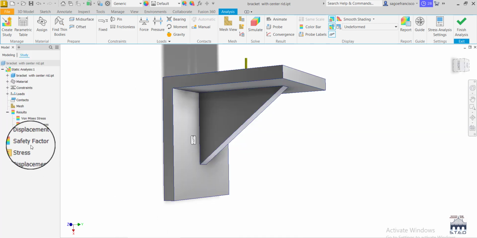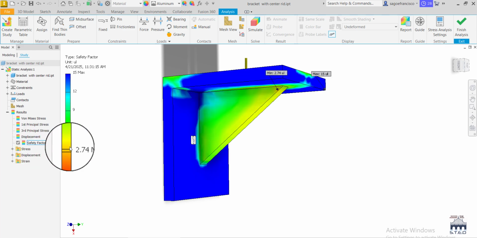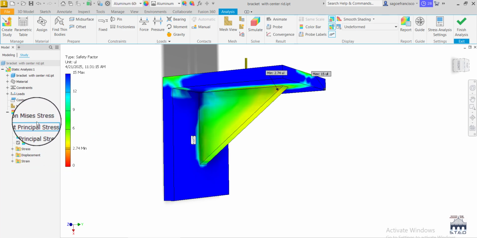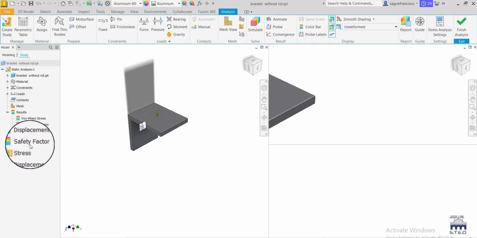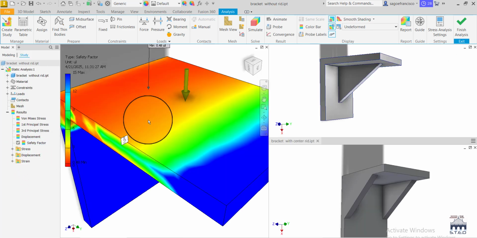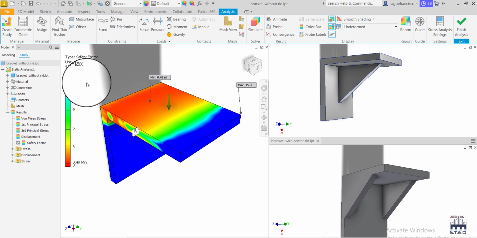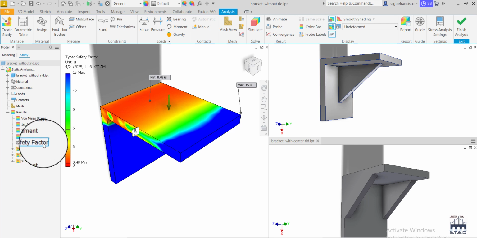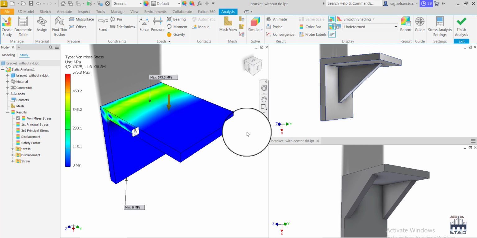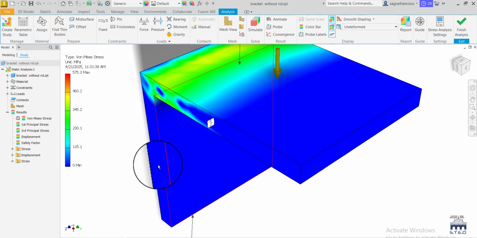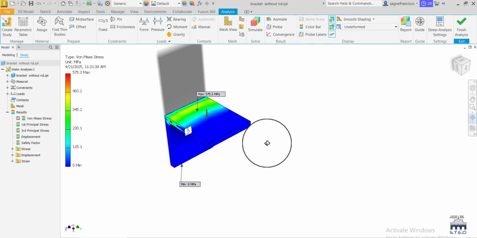This one has a factor of safety of 2.74 and von Mises stress of 100.2 megapascal, and this one has a factor of safety of 0.48 and von Mises stress of 575.3 megapascal. Okay, in conclusion, the first design, which is this, is not safe because the stress is more than